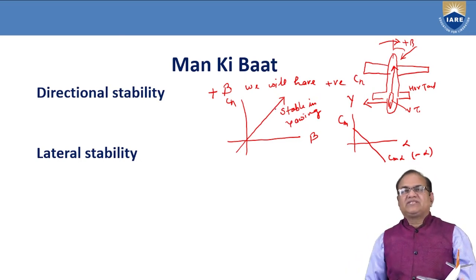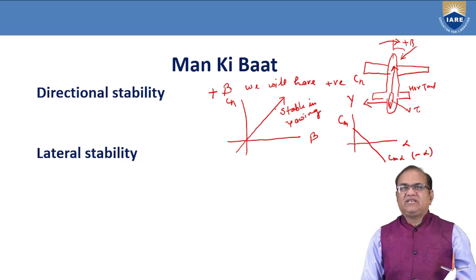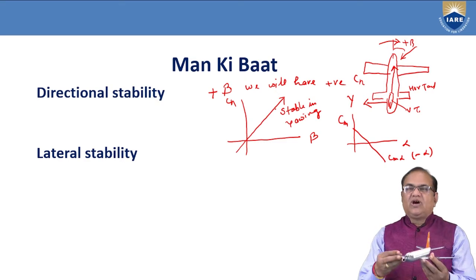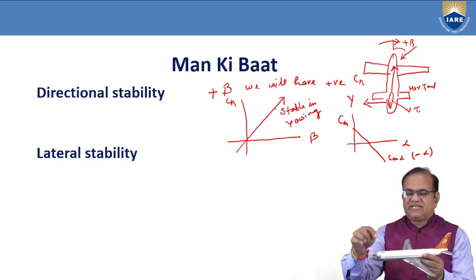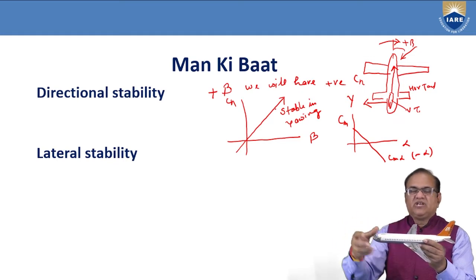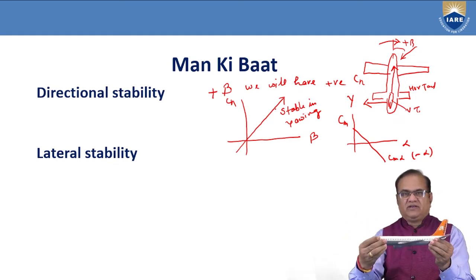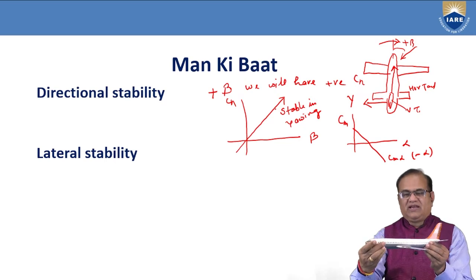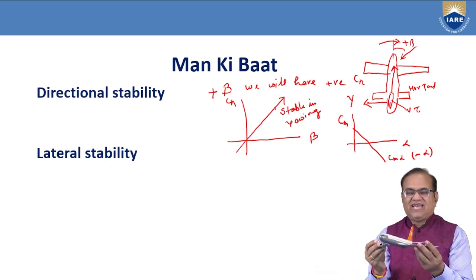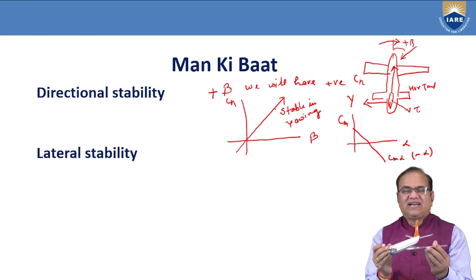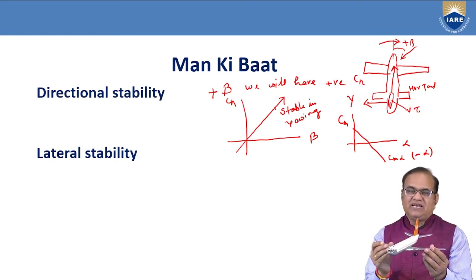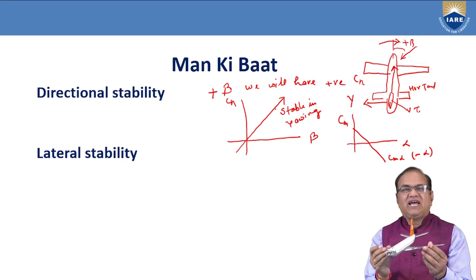So this was about the directional static stability. Now if I talk about lateral static stability, it is with respect to the longitudinal axis. You can see one line is visible. If the aircraft is rolling left or right, we can say that it is doing the motion in lateral stability. So rolling is the parameter which gives the lateral stability.